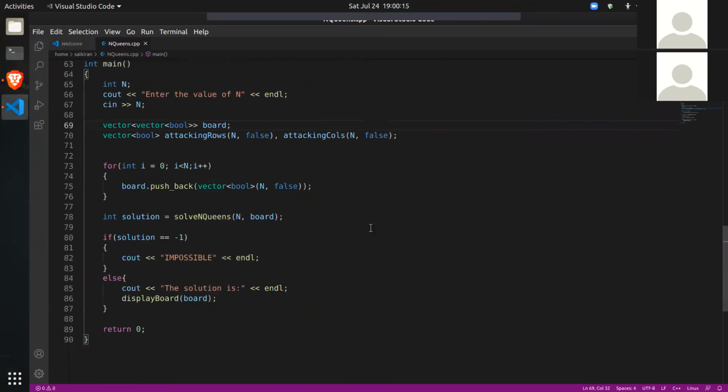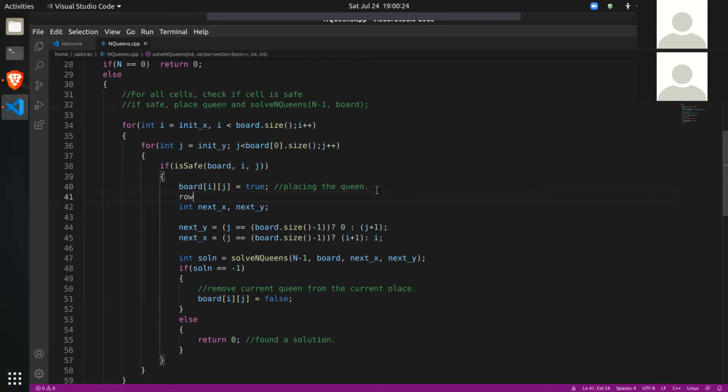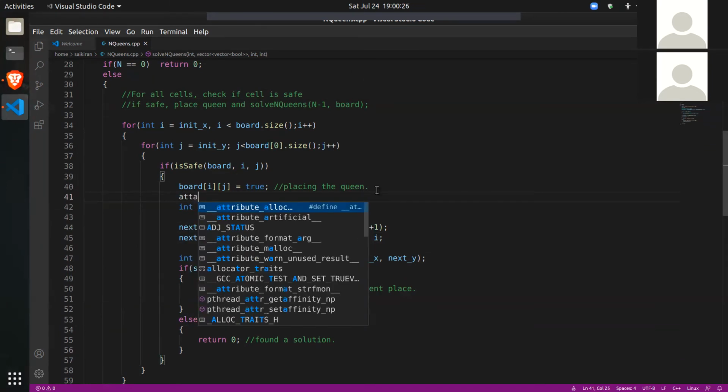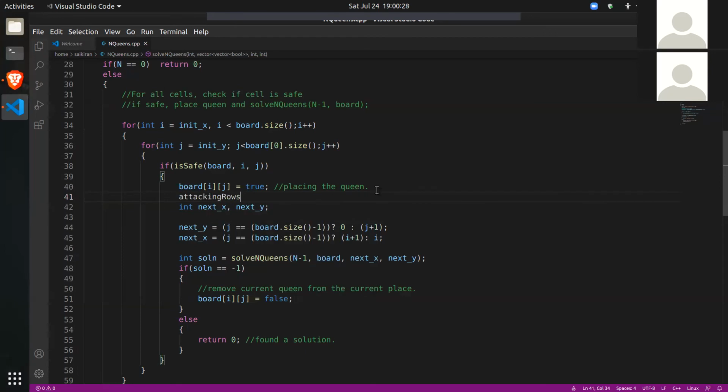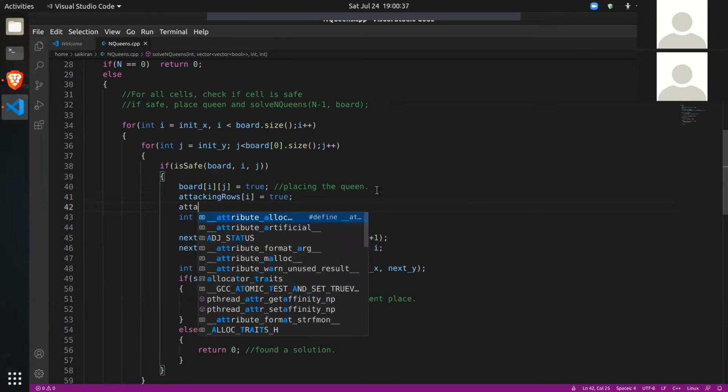So when I place a queen here, I will also say that that particular row in attacking rows is attacked. So now this queen occupies that entire row and that entire column.